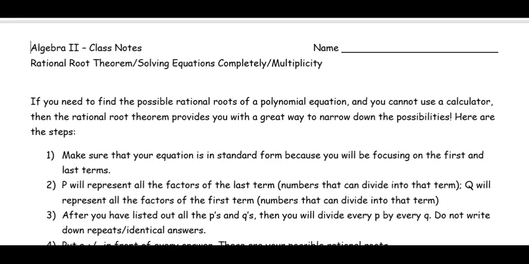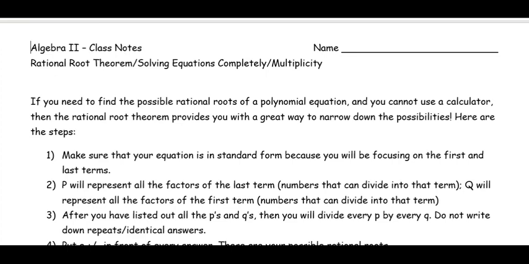All right, today we're going to talk about the rational root theorem, how to solve an equation completely, and we're going to talk about multiplicity of roots. First thing, rational root theorem. If we are trying to solve a polynomial equation, and say we don't have a calculator handy,